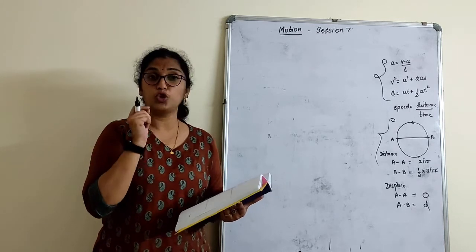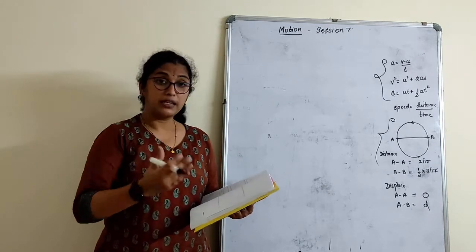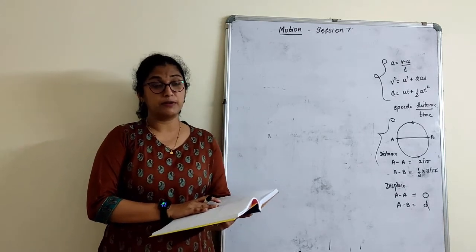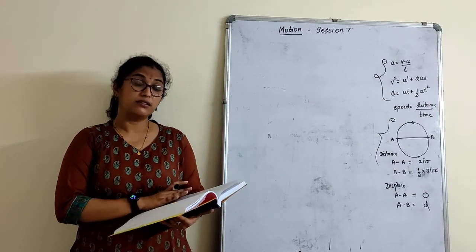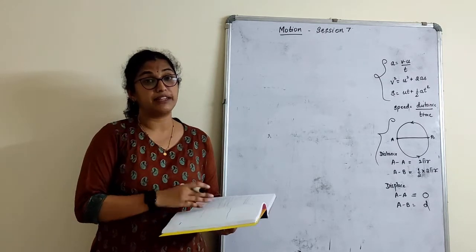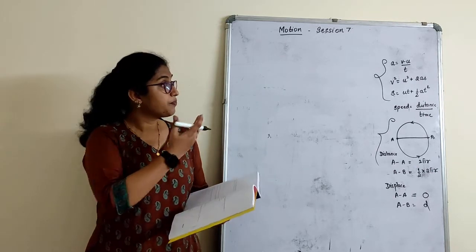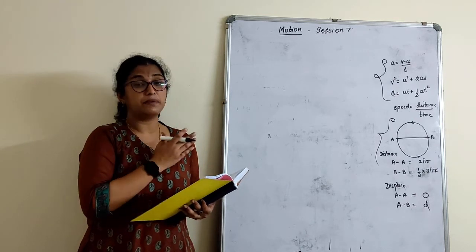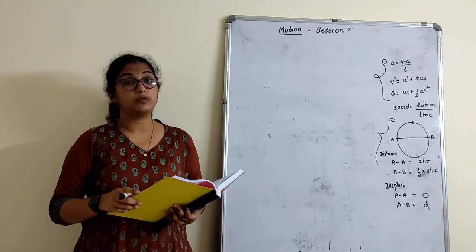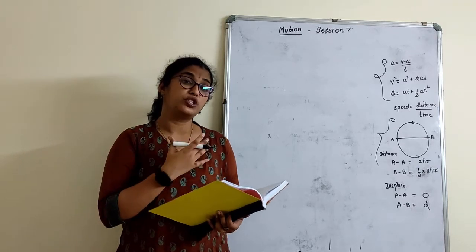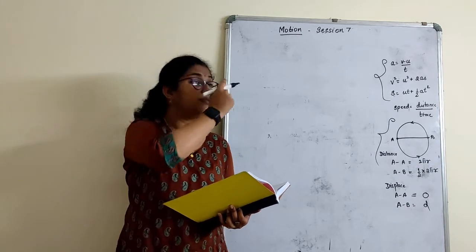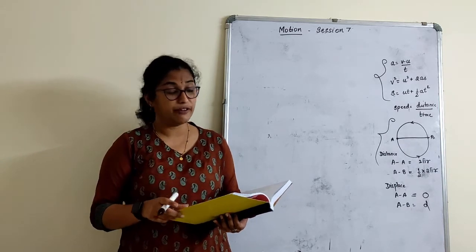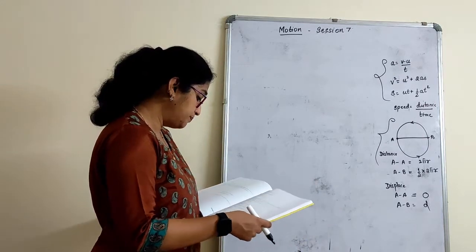So all these things you should know, make a note of it, practice more and more sums, only then you will understand. I will go a bit slow in this chapter because if you understand this thoroughly here, we apply again the similar sums in the gravitation chapter further, where instead of acceleration, we use acceleration due to gravity. So you need to be very perfect in this concept so that we can use that later. Even there are some numericals in the 4th chapter also where hardly 1 or 2 sums make use of this. But the thing is you need to first understand what is given and what is to be found out. We'll quickly go on to the next one.